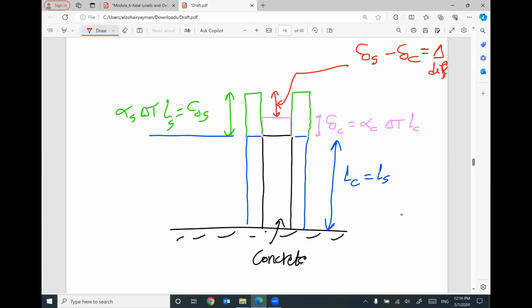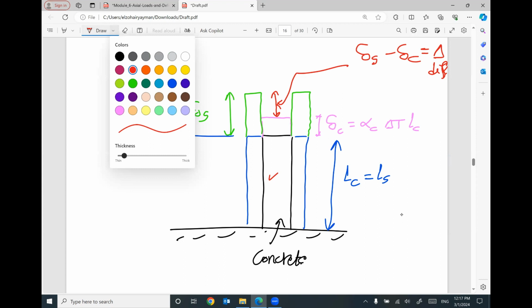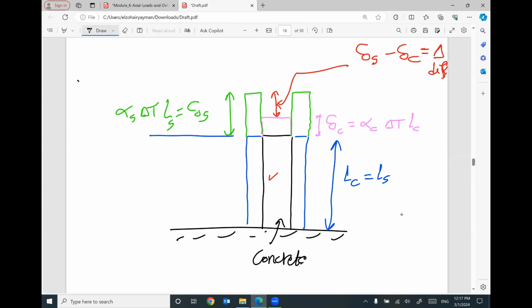We will not expect this difference. This is just an assumption. I assume the steel and the concrete can expand freely. But this is not the case. So both of them will move together and cannot leave each other. They are working as one unit. So I will assume this level of steel will be pushed down, and this level of concrete will be pulled up, so the two materials can work together again.